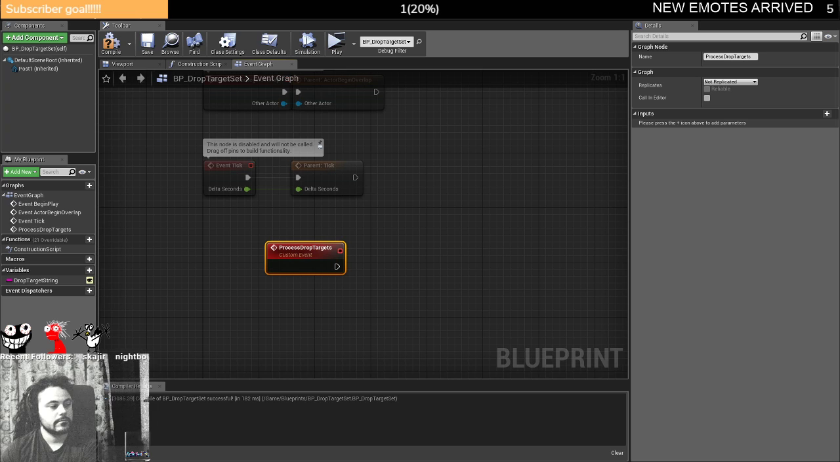let's think about what we need to do. Well, we need to keep track of how many drop targets we currently have. We then need to decrement it, so we need to remove one because one has now gone down. And if the current number of targets remaining is equal to 0,